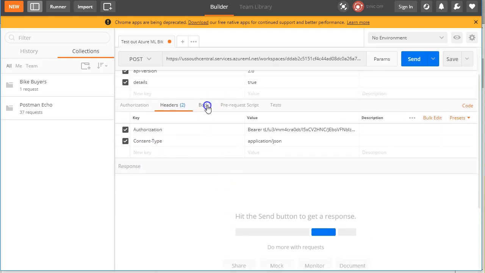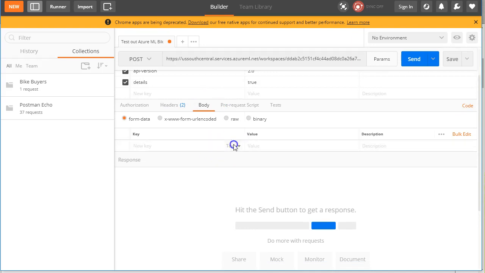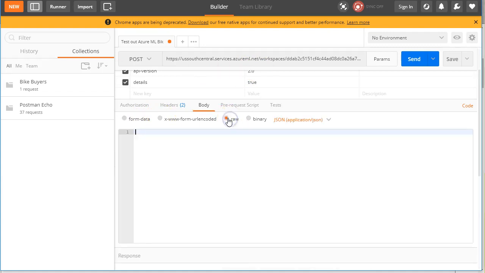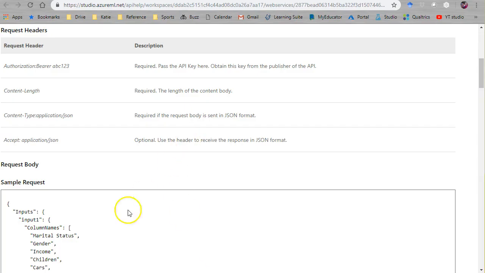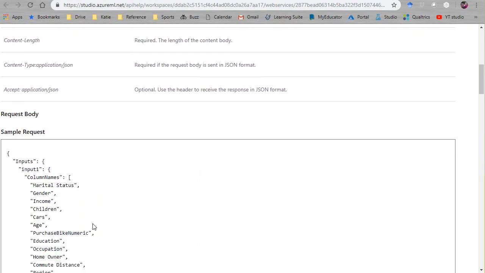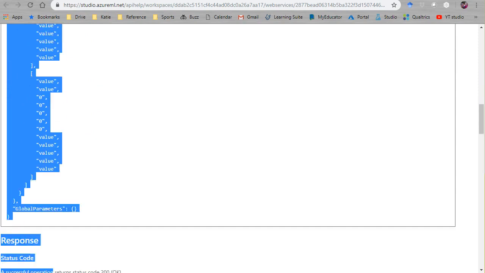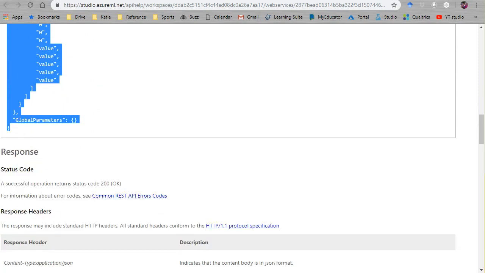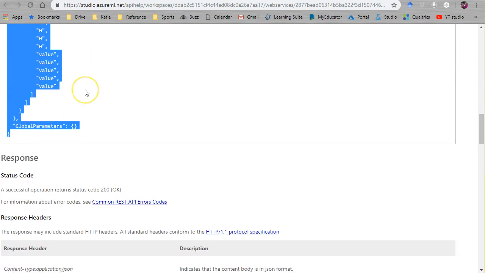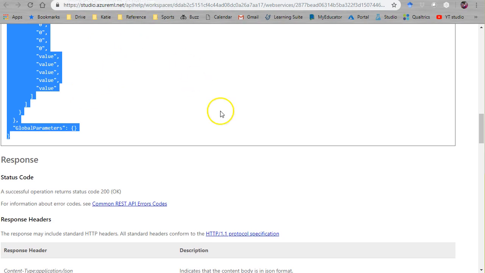But what we do need is to put something in the body of our request. So let's change this from text filled to, no, that's right. I want, oh, not form data. I want, I think raw. There we go, that'll work. Okay, so let me give you an example of what we're going to put in here. Head back to your documentation and scroll down. And right here, sample request. Let's just copy all of this down to here. And head back to Postman